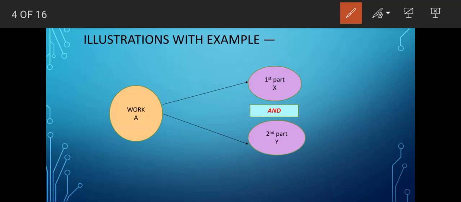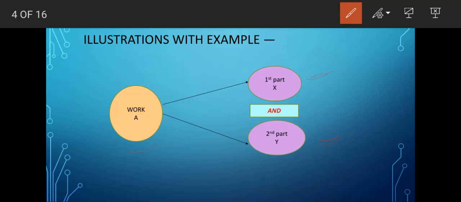Suppose we have work A in our hand. We have to complete the work A. Now work A is to be completed in two sections. If any one of these two parts is ignored, the work will not be considered to be completed. So work A has first part as X and the second part as Y. So under